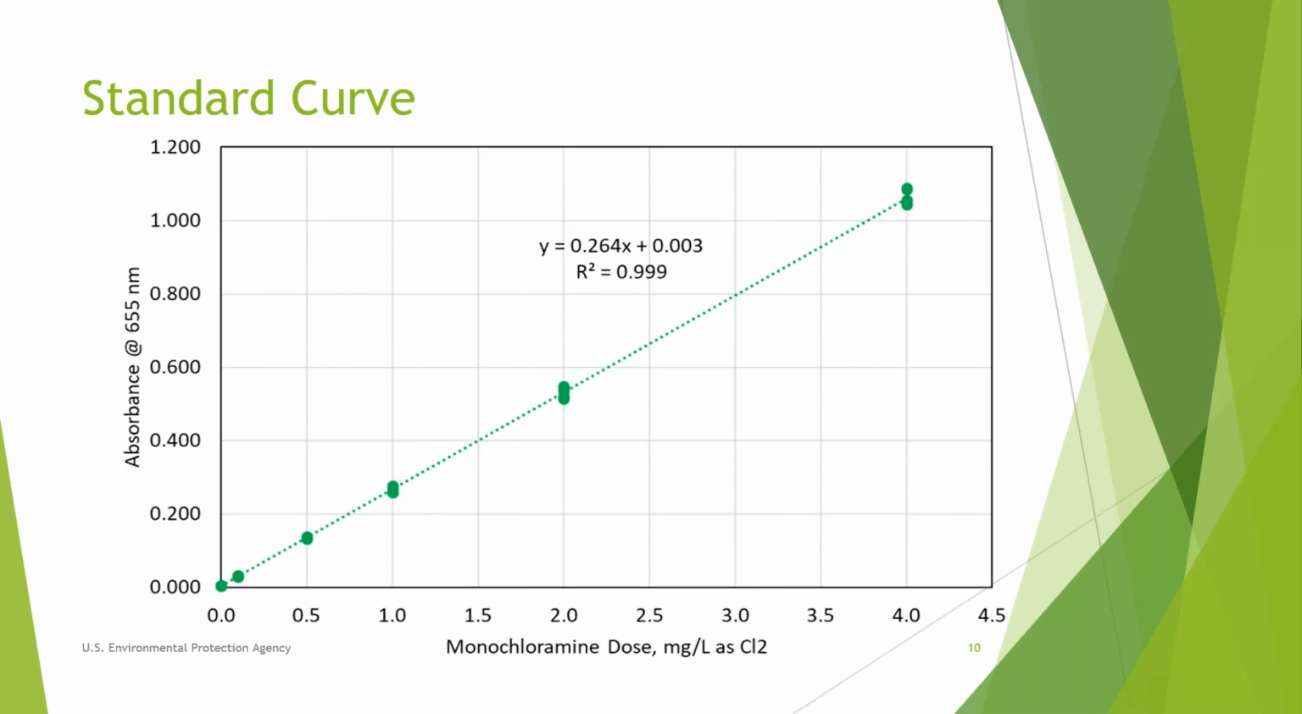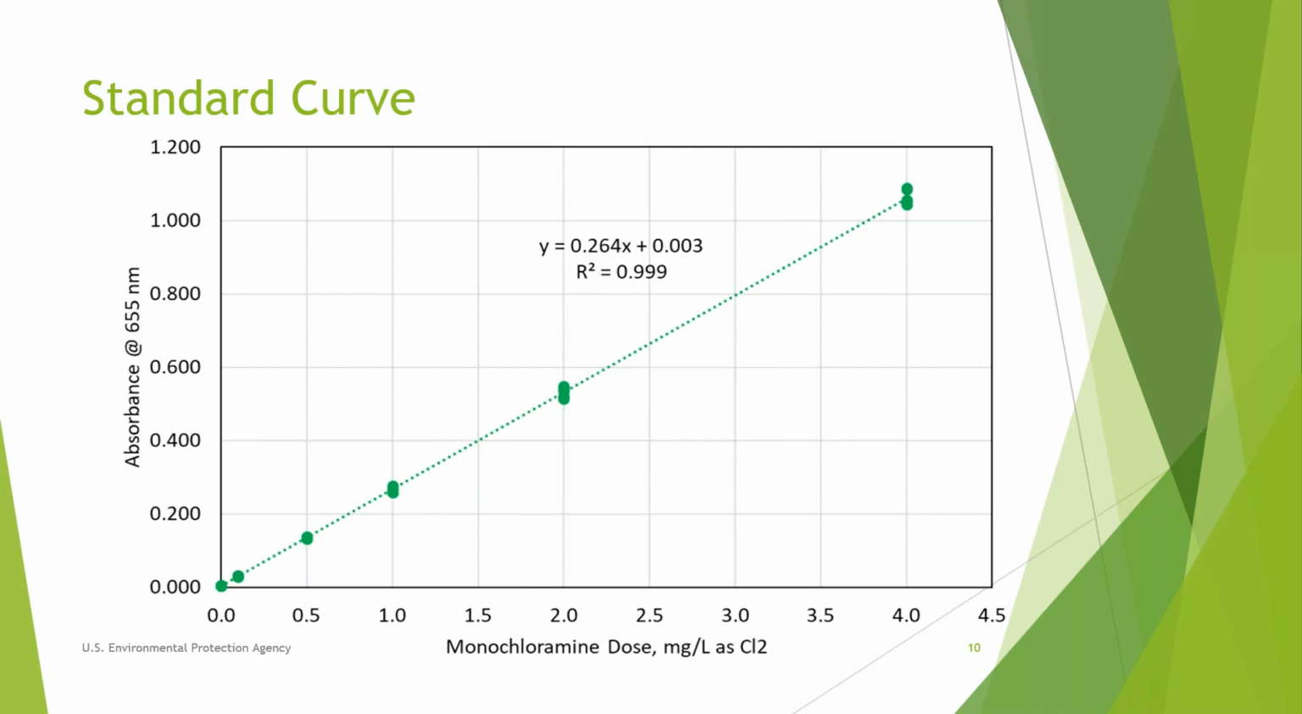So just a little bit about how we did this. We conducted this calibration of the standard curve in triplicate in both high and low ionic strength matrices. We dosed monochloramine at, you can see here on the plot, 0, 0.1, 0.5, 1, 2, and 4 milligrams per liter. And this is the range of values that you would expect in a drinking water